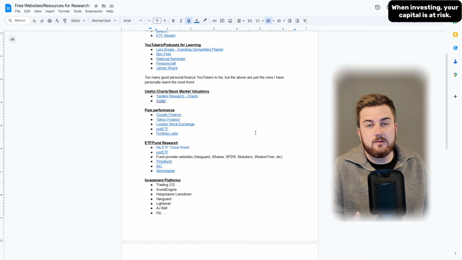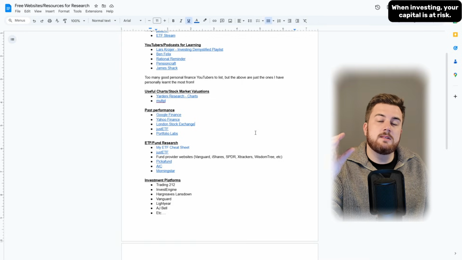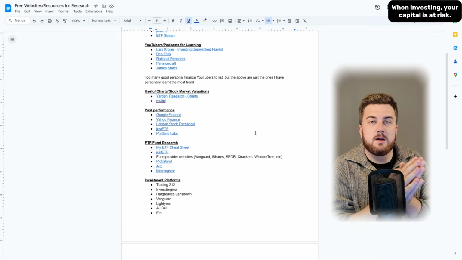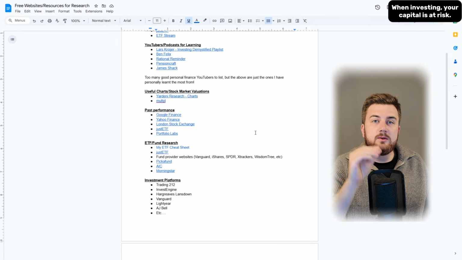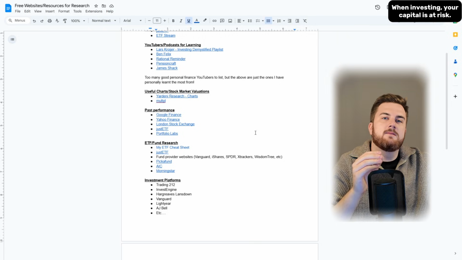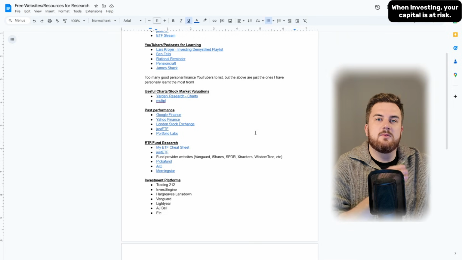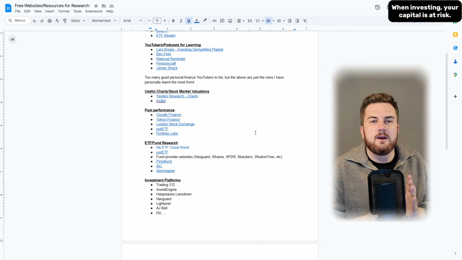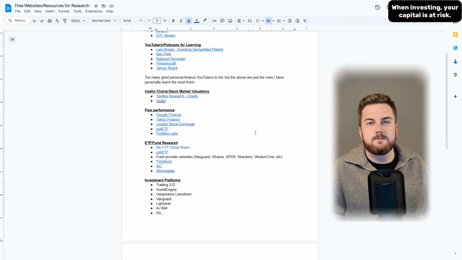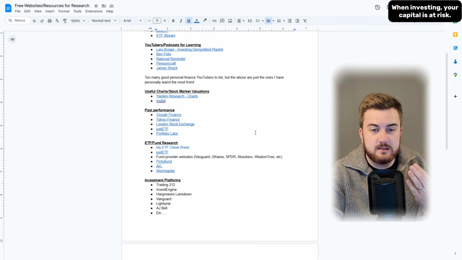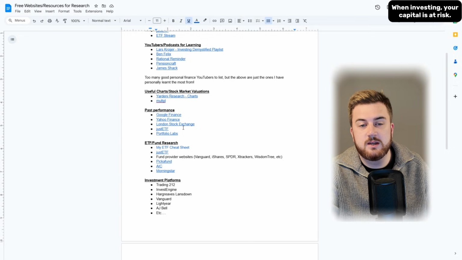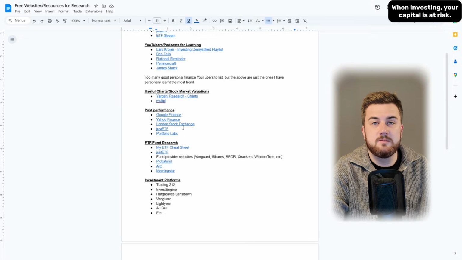The other drawback of Google Finance is if you're comparing two ETFs and they have a different start point, they launched on a different date, when you click the max chart to compare them over the maximum period, it goes all the way back for the earliest dated ETF, which makes it impossible to compare ETFs that were launched on different dates. That's why I personally prefer these next two, London Stock Exchange and Just ETF, for comparing ETF performance.